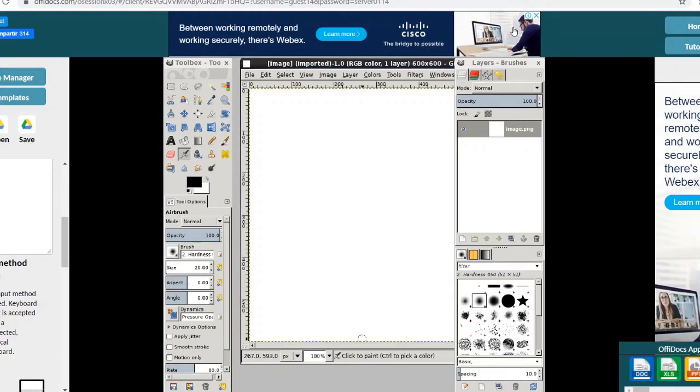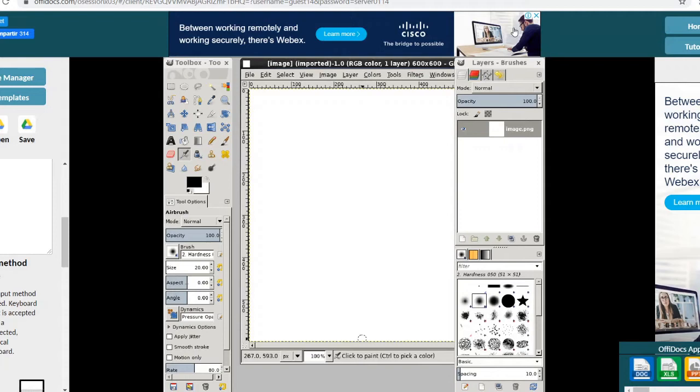Firstly, I am telling you how you can install GIMP. GIMP is a free open source Photoshop alternative that is available for all operating systems. You can download GIMP from the developer's website. Installing GIMP is very similar to installing most other programs.